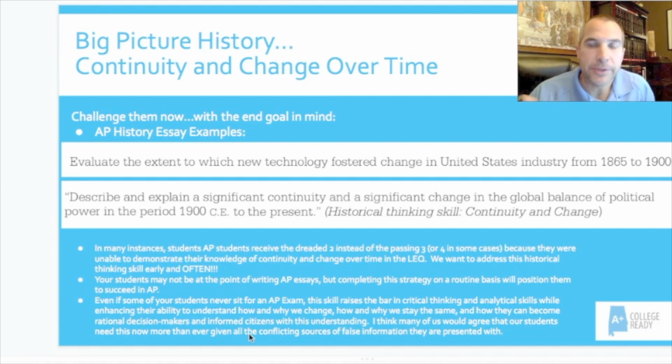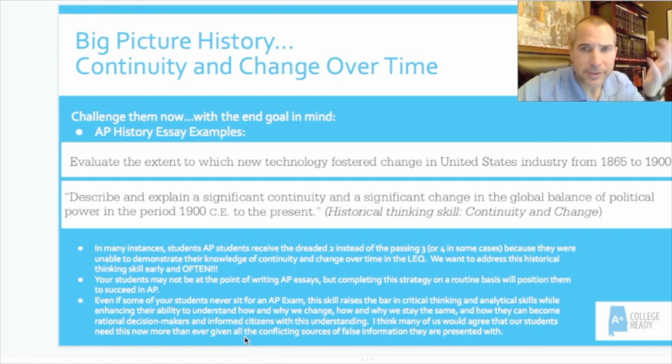So that's the goal. Even if they're not going to sit for an AP exam, we really need to develop this skill, this ability for students to make better decisions, to be better citizens, to be more rational. Because again, we know that they're going to have all these conflicting sources. I mean, they get it every time they turn on their cell phone, all these conflicting sources of often false information. So they have to be able to decipher